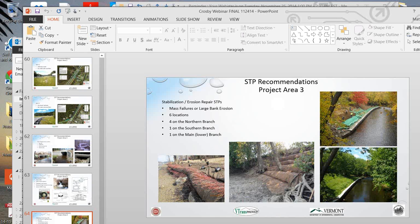You can't always do a soft treatment right at the toe of slope, because if those could wash away, then you lose your whole STP. All of the reinforcement that went on above, all the money that was spent, could be washed away again eventually. So that toe of slope selection is critical, and the armoring of that,